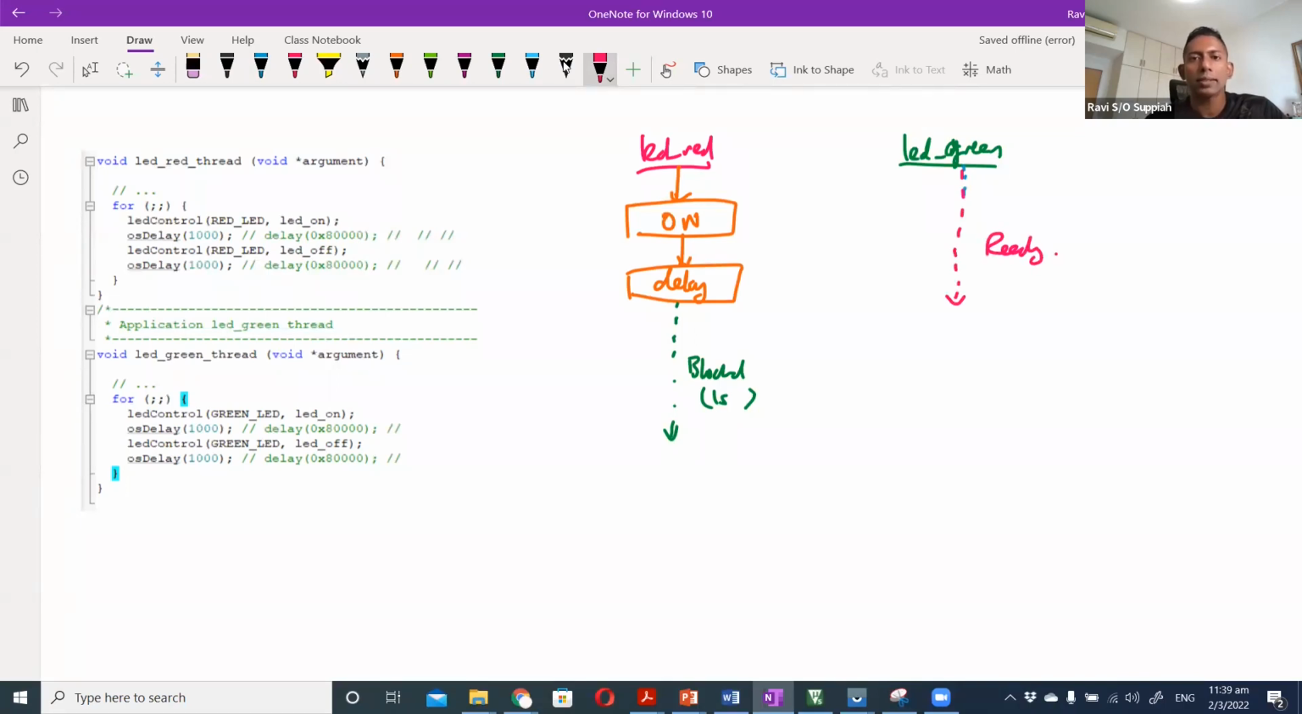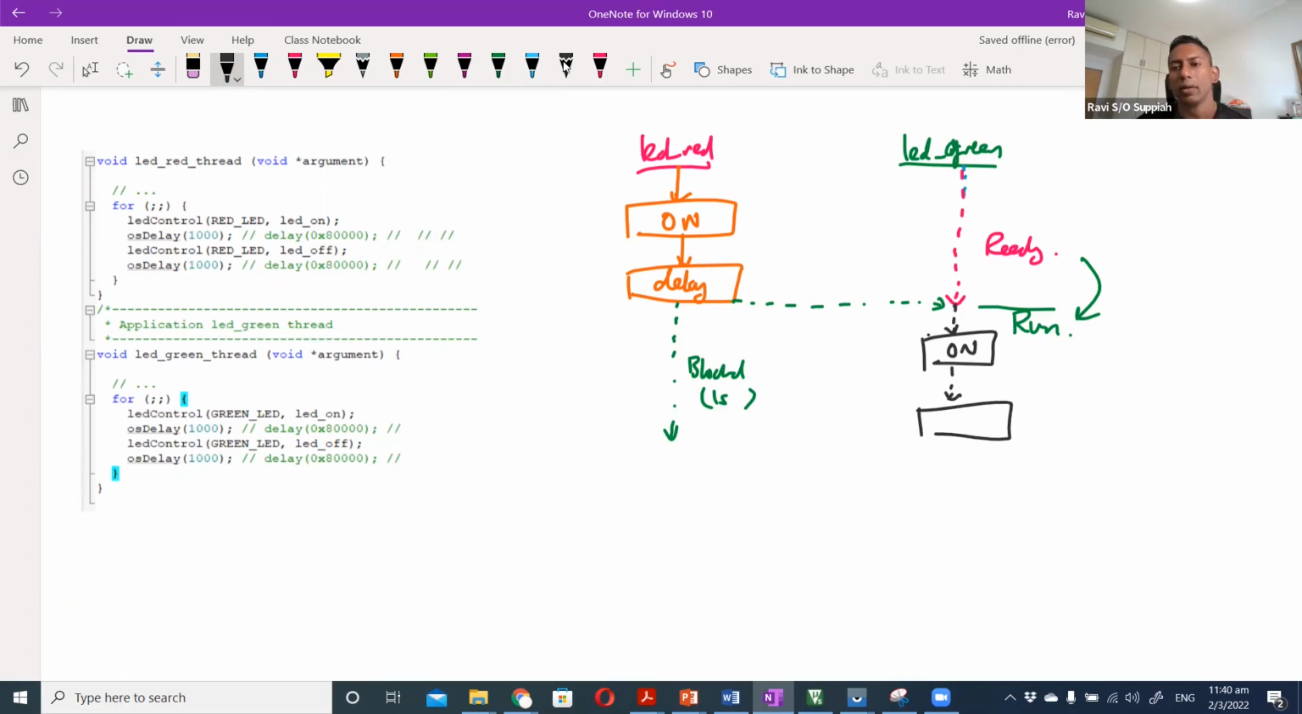The moment LED red got blocked by the delay function, I can now transition the green task to the run state. Why? Because the run state is now free. The moment the LED red goes to the block state, the LED green is able to transition from the ready to the run. So when that happens, this LED green will go and switch on the green LED, and then have a